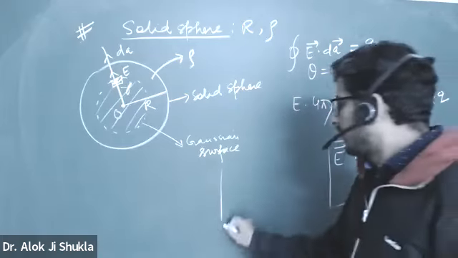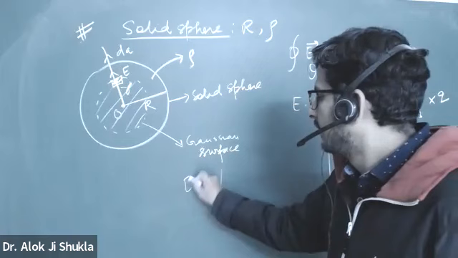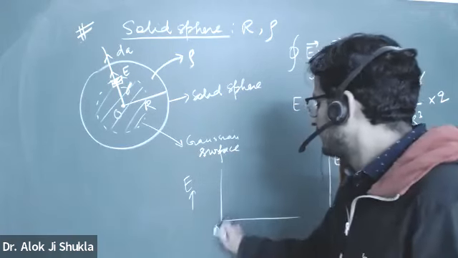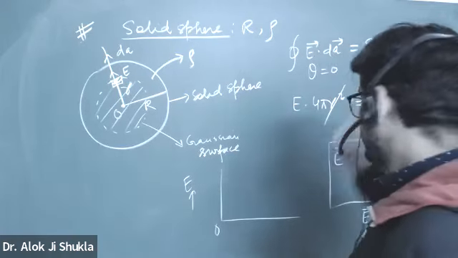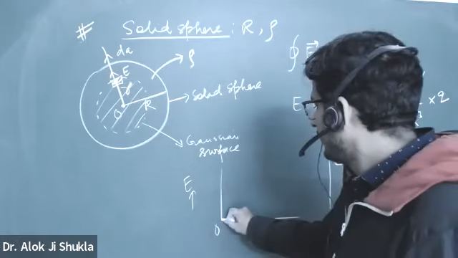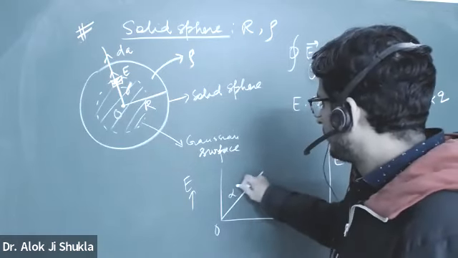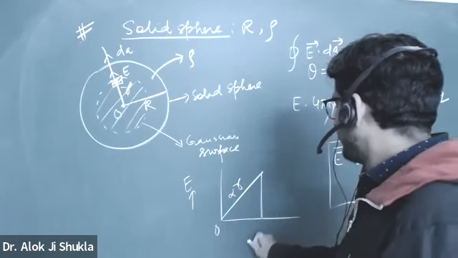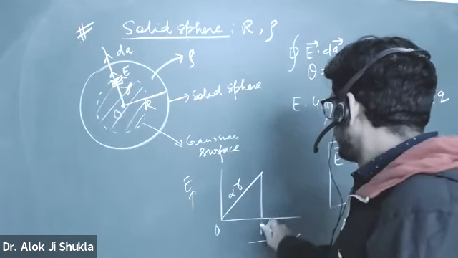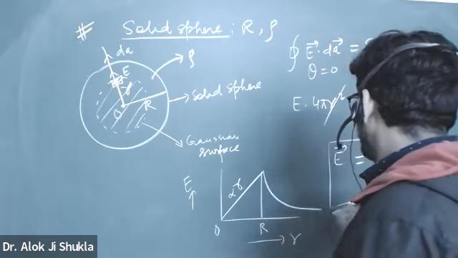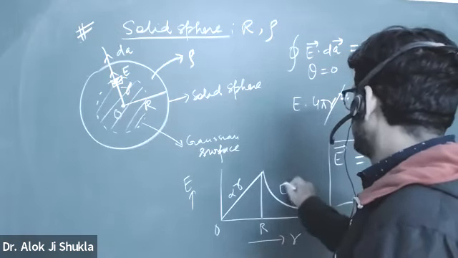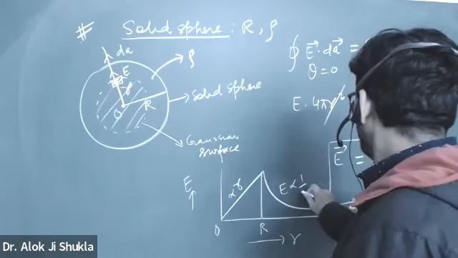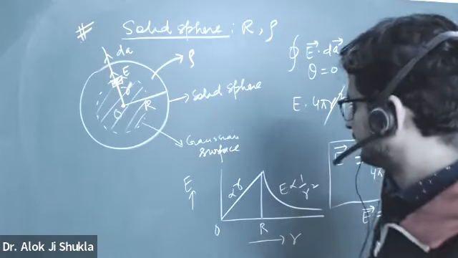So if you plot a graph, how it will look like. So electric field यहाँ 0 है. और जैसे ही center से आप बाहर निकलोगे, तो it will increase because it is proportional to small r. At capital R, it will become maximum and then it will fall like this. So here it will be E1 by R square